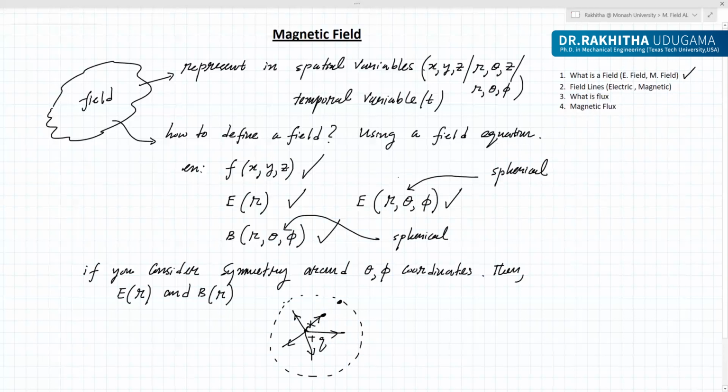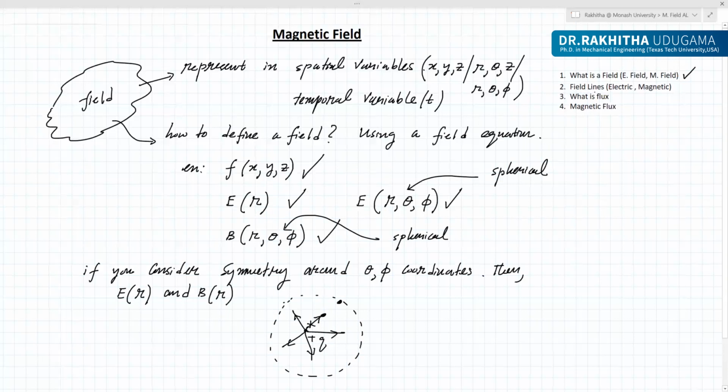So typically, as I told you here, a field is defined by field equations. Field is a field. Okay, for example, oil field is an oil field, right, where you have oil. But how do you define that field? By using an equation. So this is what we have discussed so far. Next, I'm going to discuss what is a field line. What is a field line?